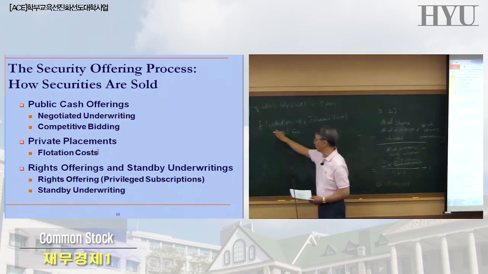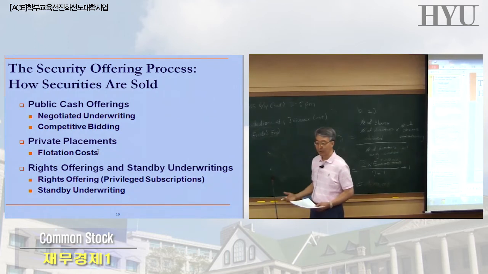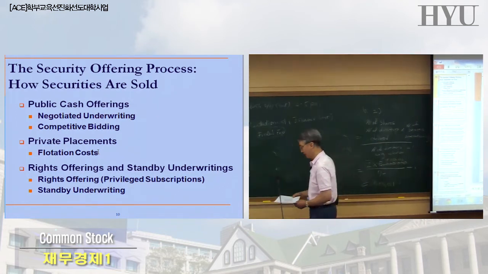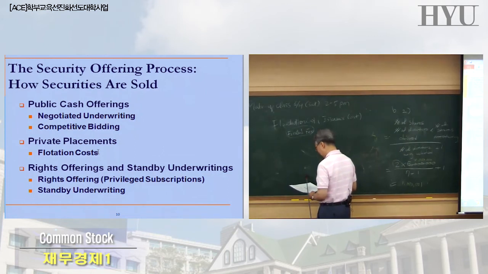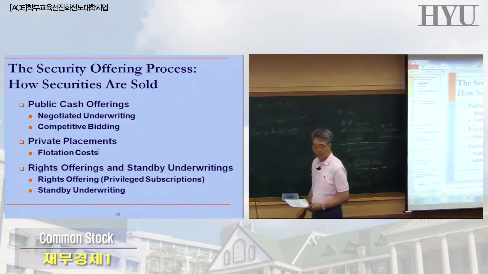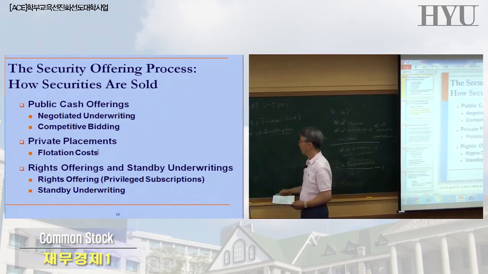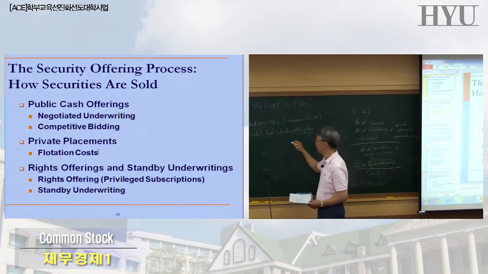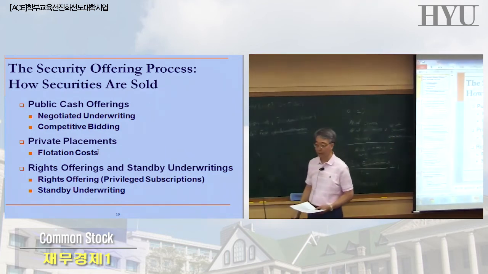The investment banker receives finder's fee, just like professional matchmaker charges fee for finding your spouse. Okay? Underwriting fee. This is the case of more of the negotiated underwriting case. Right? So if you go through private placement, then you may not have to pay underwriting fee. Instead, you will have to pay maybe smaller finder's fee.